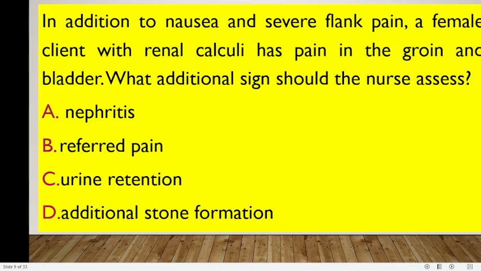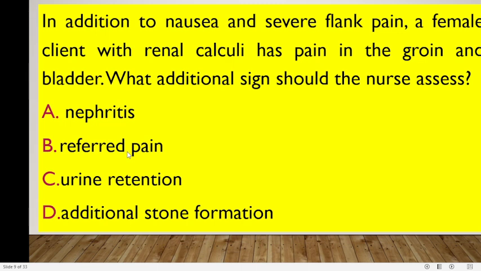Quiz. In addition to nausea, severe pain, and flank pain, a female client with renal calculi has pain in the groin and bladder. What additional signs should the nurse assess? Nephritis, referred pain, urine retention, additional stone formation. Very good. Now that you've talked about groin and bladder, yes,